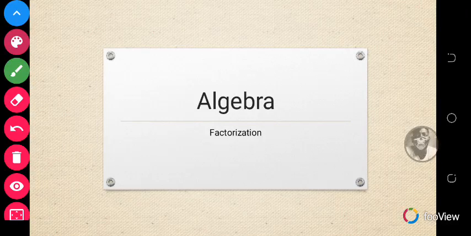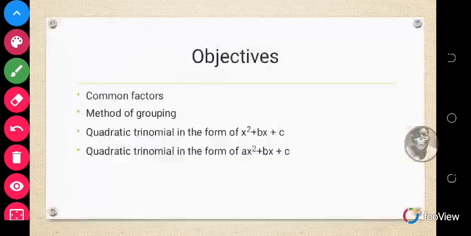I welcome you to today's lesson in maths on the topic Algebra and on the subtopic Factorization. So this is a continuation on the lessons we've been taking in Algebra so far. And the objective for this topic is that at the end of the